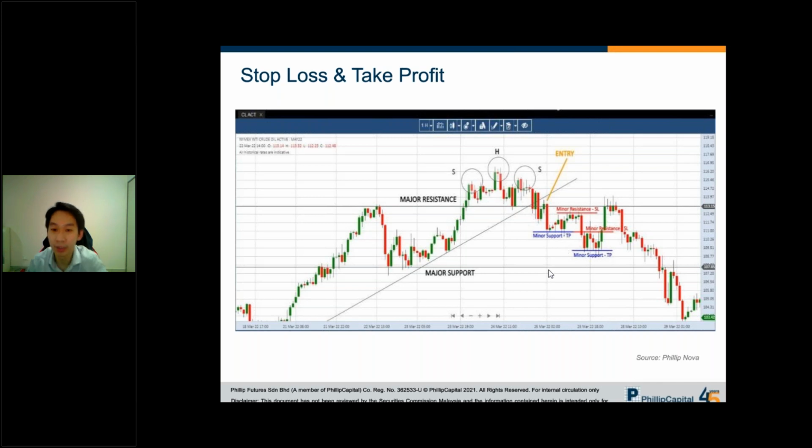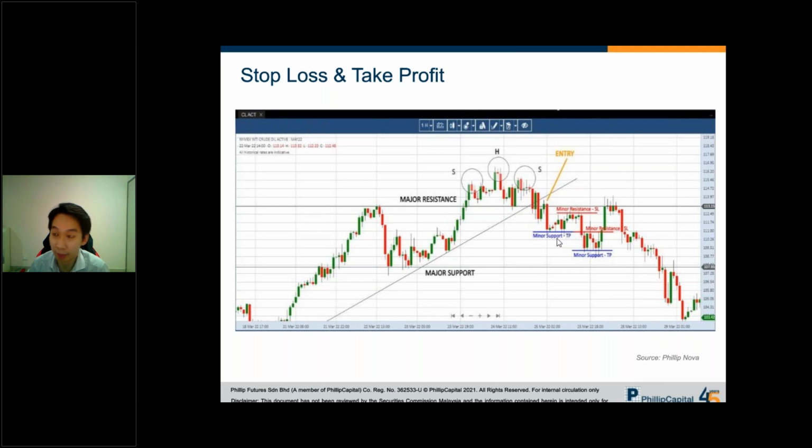Okay, then you can actually take profit on half of your position. If you have, let's say, 2 lots, then you can take profit on 1 lot, because we are still in a downtrend, right? We are in a short position, we are still in a downtrend, so you can continue to let the trade flow. Or if you have only one lot in your position, then you can take profit at